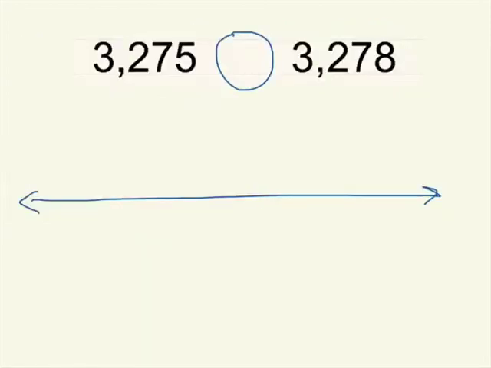Here's another way I could prove the last problem I gave you. 3,275 is less than 3,278. I could use a number line to help solve that. I know the numbers are close, so I'm going to count by ones. So if I put 3,200, I'll start one below my starting number. 3,274, 3,275,